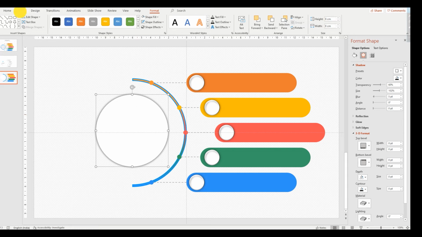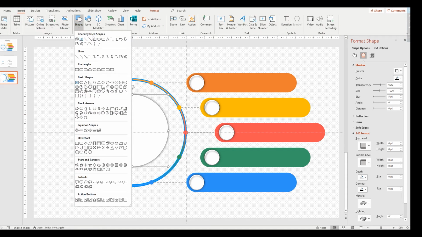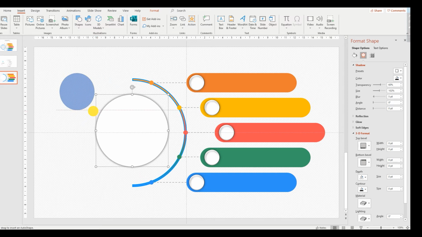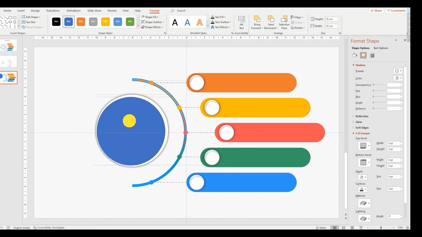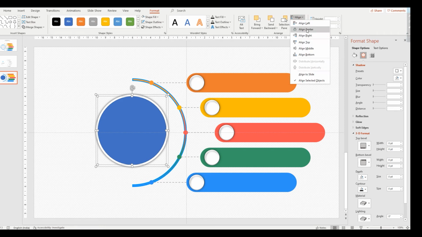Then next what we are going to do, create another circle, seven point six, make it center, changing the line, center and middle.